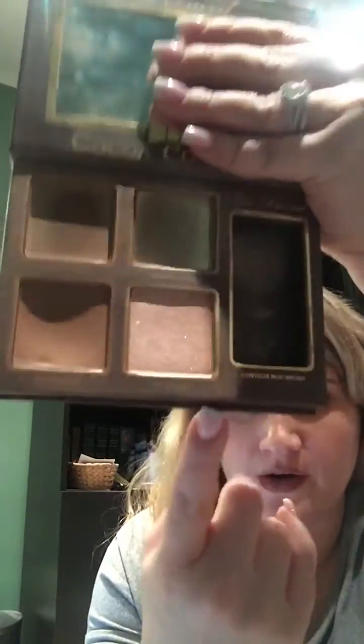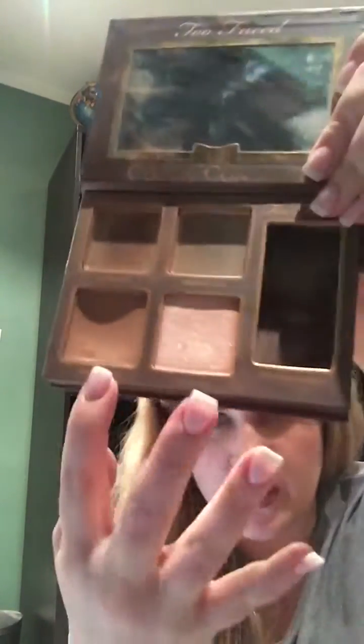but I have Dark Cocoa and Pop of Light. Those both, a contour and a highlight, I want to use up. Pop of Light is super sparkly, so yeah, it still smells. It's just like glitter. You can't see that. It's just straight up glitter on my